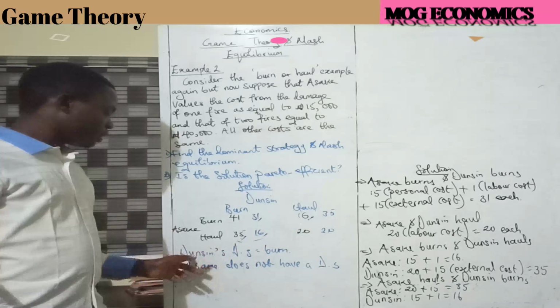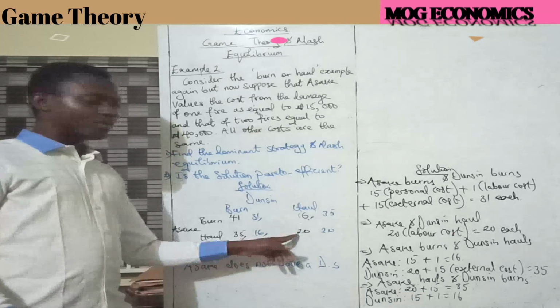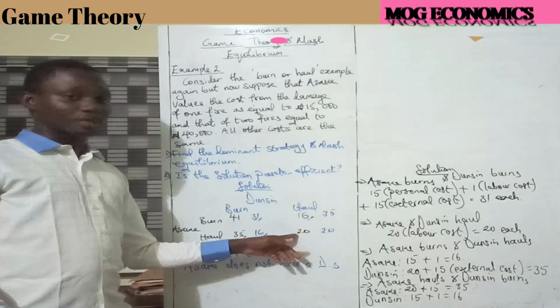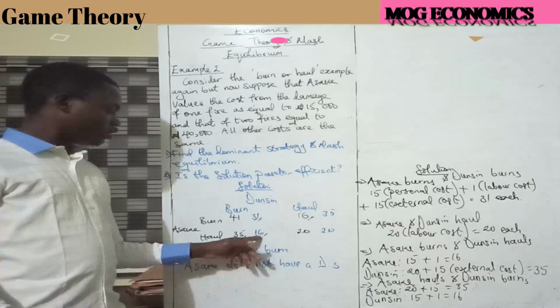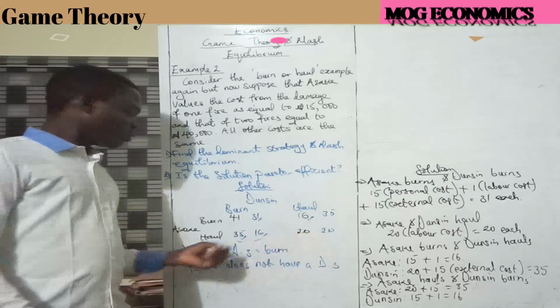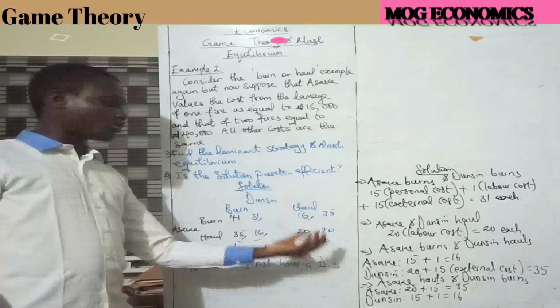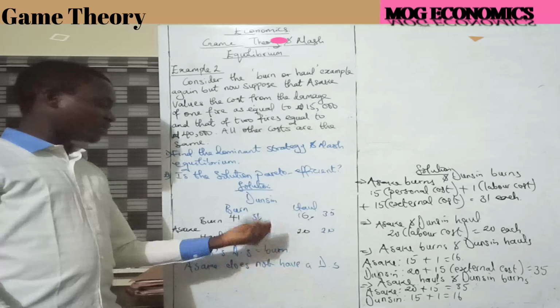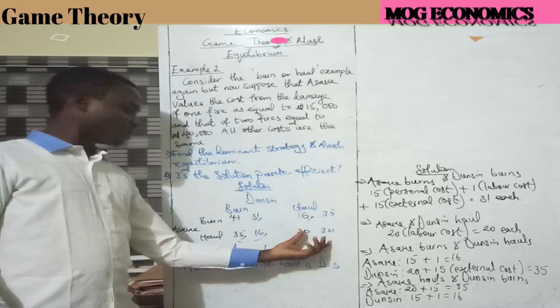So here, Ashake was paying 35. In this place, he's paying 20. So now he's happy. But here, Dusi was paying 16. Here he's going to be paying more. So moving from this place to this place is going to cause Dusi pain, whereas Ashake is happier. So since that is the case,